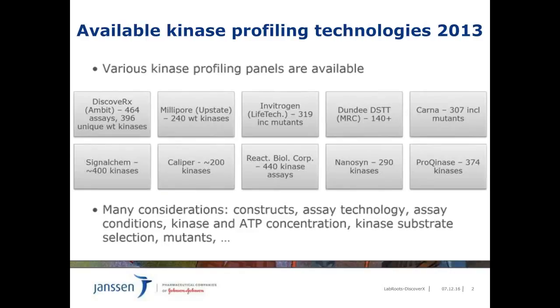At the beginning of the kinase inhibitor broad profiling project, we had to answer two key questions. The first question was which compound profiling platform to select. There are a number of possibilities here which are outlined in this slide. They differ by the number of kinases covered, the assay type format, cell-based versus biochemical, the construct type, or the ATP concentration used in the assay. So we selected the DiscoverX KinomeScan platform, which has broad coverage, including mutants.